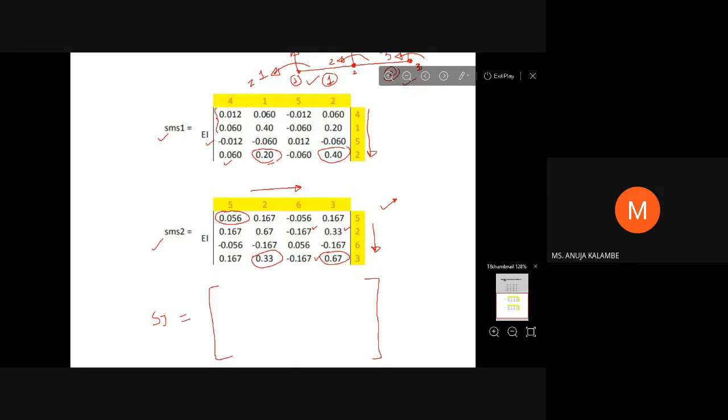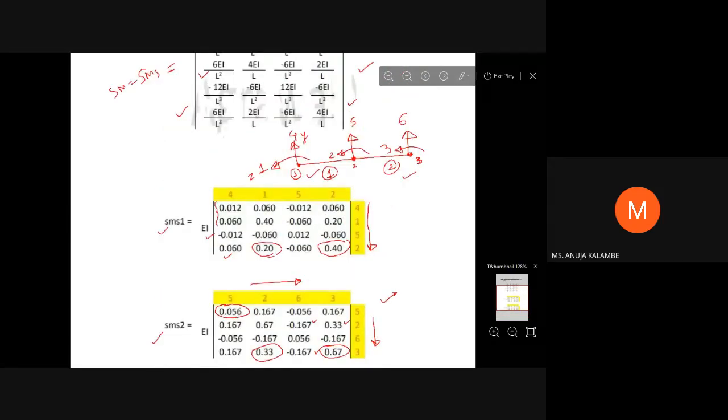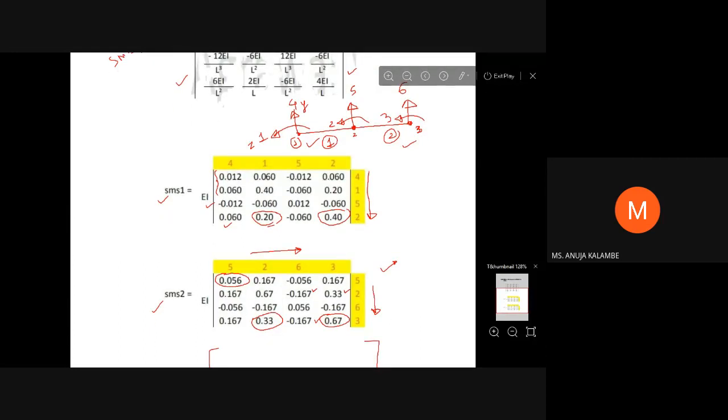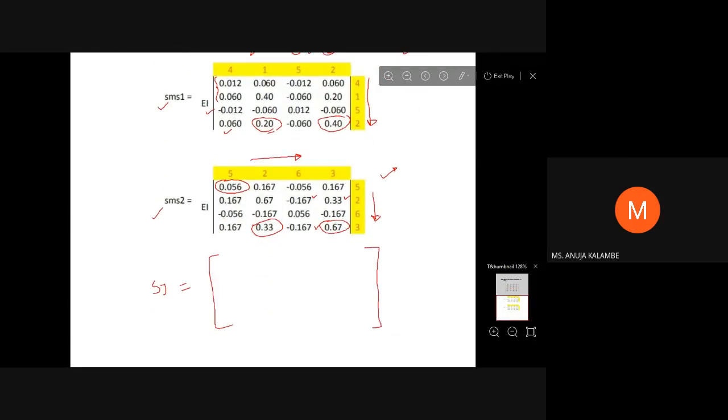6 by 6, on which it depends? The matrix of your joint stiffness is built from all the codings completely, freedom and restraint together. So there are 6 codings: 1, 2, 3, 4, 5, 6. See in the skeleton diagram. There are 6 total codings, 1, 2, 3 freedom and 4, 5, 6 restraint. So your joint stiffness matrix will be a 6 by 6 matrix. So the next step will be your joint stiffness matrix.